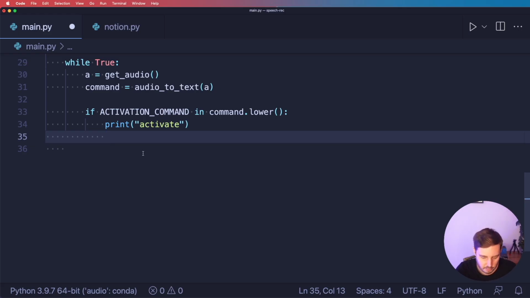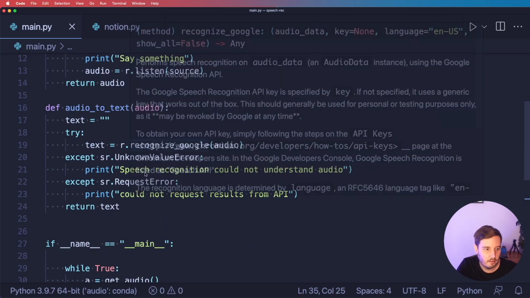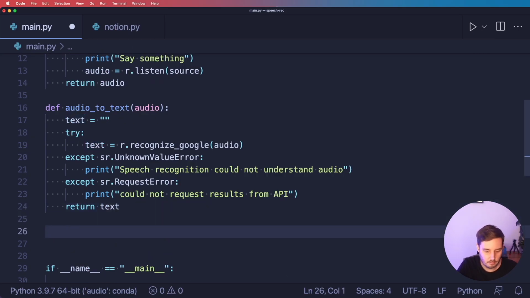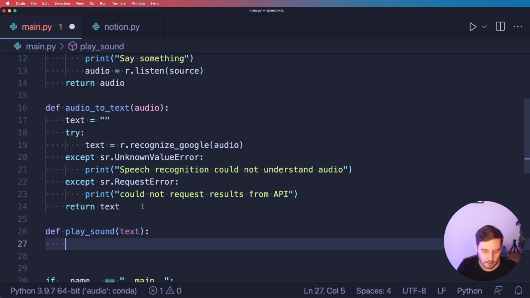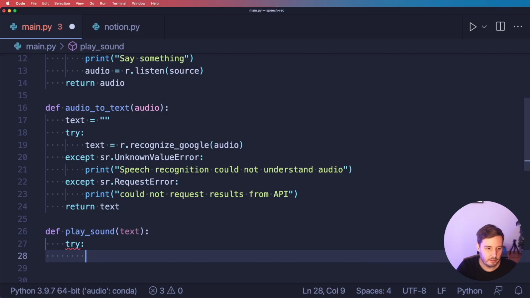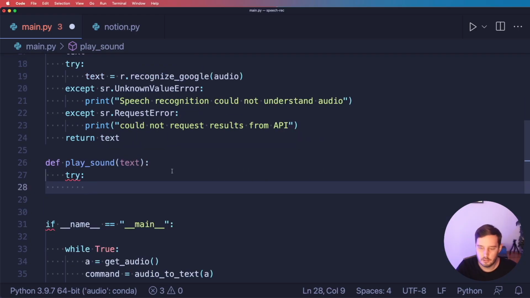So first here I also want to play a sound for me in order to tell me that it's now activated. So in order to do this, we create a new helper function. So let's create a new function, and we call this play_sound. And this gets a text as input. And here again, we wrap this in a try except block. So we say try